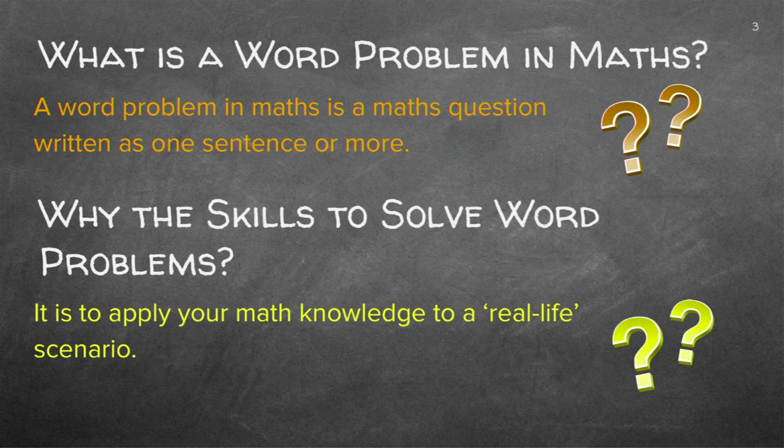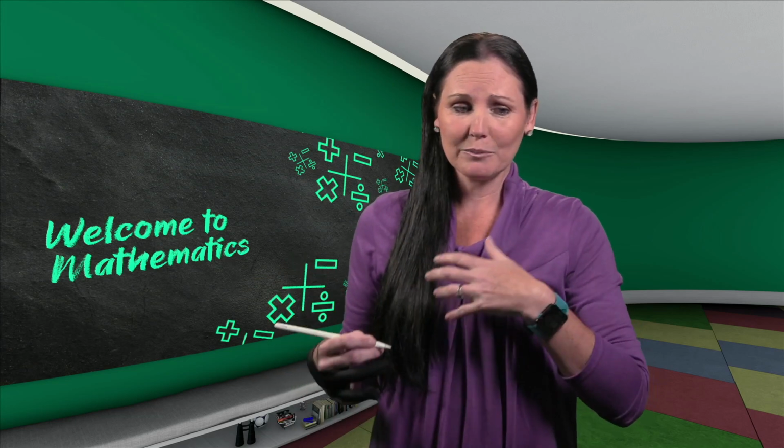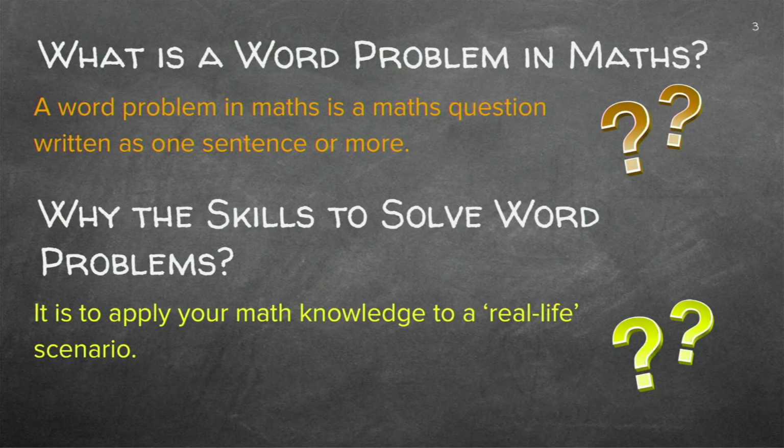Now, you're thinking, why is that so important? Remember, money is all around you. You need to buy stuff for school, or mom needs to buy food for the house, or you need to pay for the gardener, or whoever you have to pay. Money, money, money. But what is a word problem?